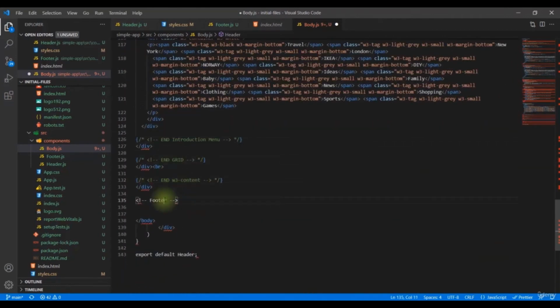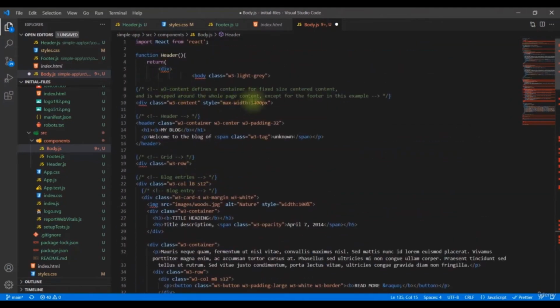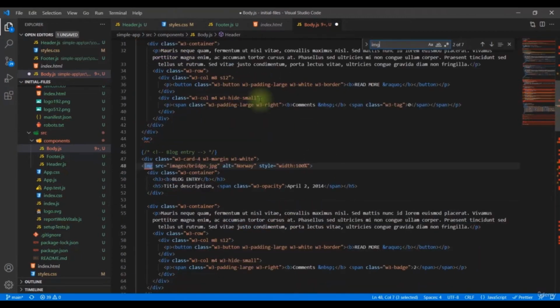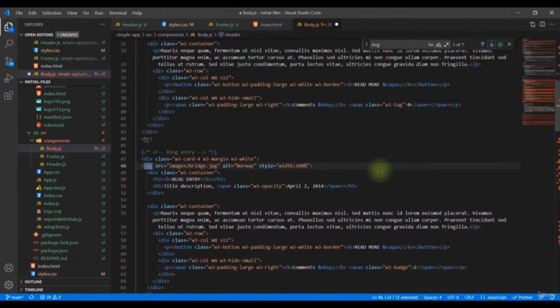So once we are done with this, we should see the other errors that we are getting. This error is actually not because of the body, it's because of the images that we have inside of this code, right? So what we can simply do is put this slash after all the images that we have. So we can simply find all the image tags. There are 7 of them, and on the first one I've added the slash, and then the second one,